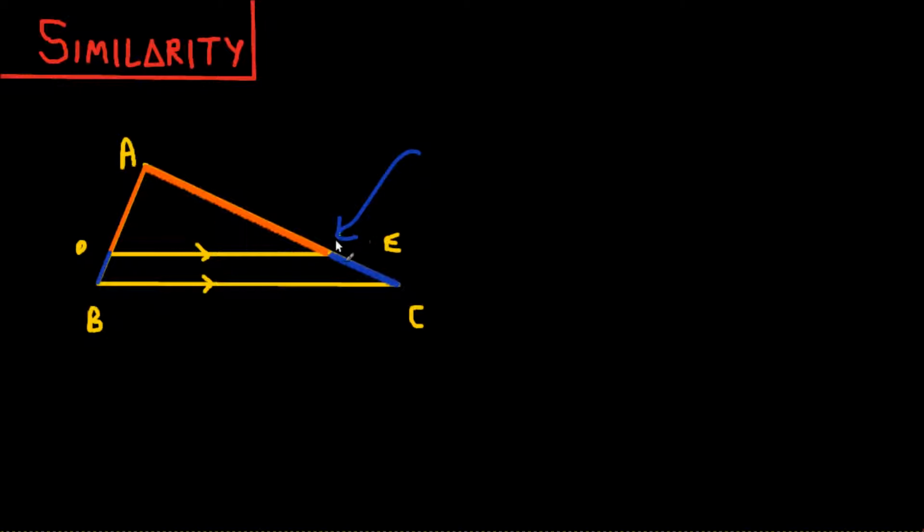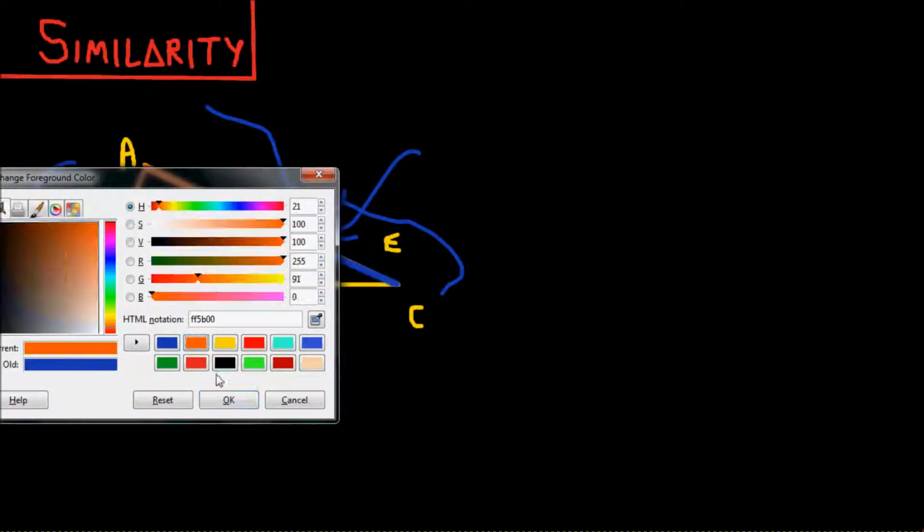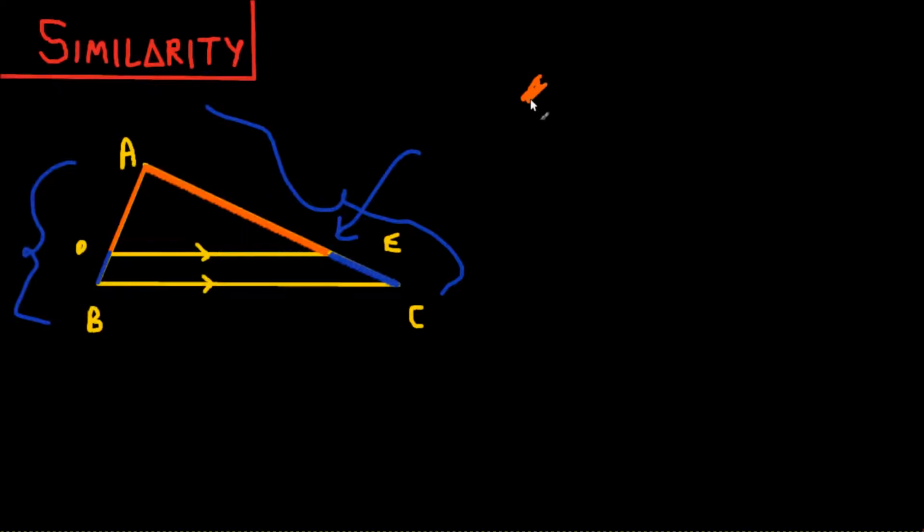That's what this theorem is all about. This ratio over here between orange and blue is equal to this ratio over here. And the condition is that the line that is running across the triangle, which is DE in our example, needs to be parallel to the third side, which it is over here. So amount of orange upon amount of blue, let's take orange first. So orange upon blue,